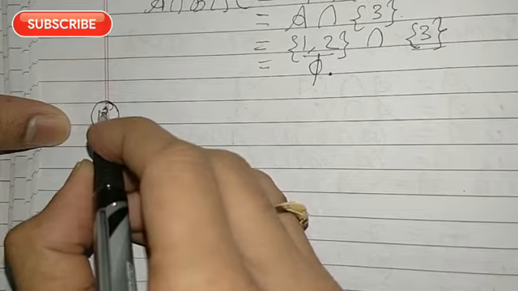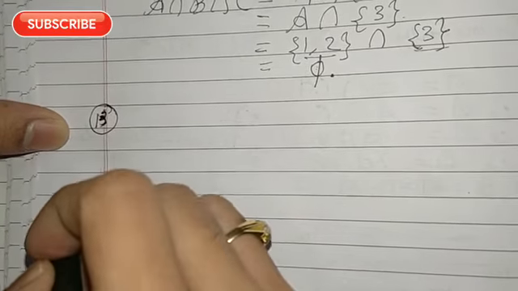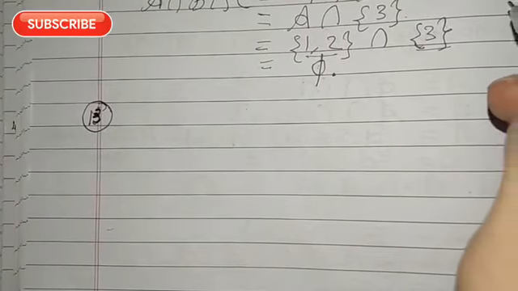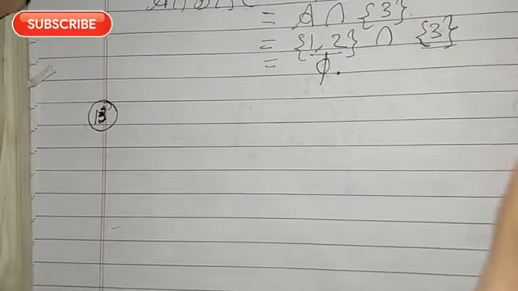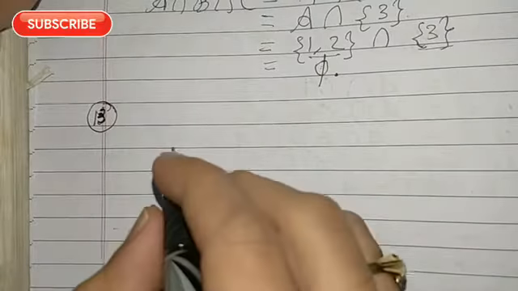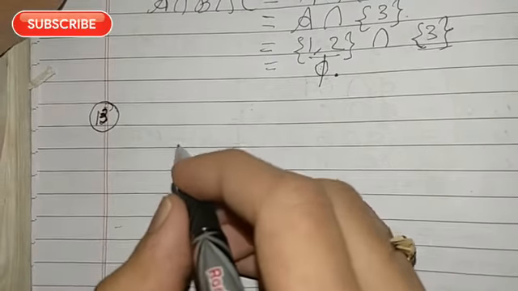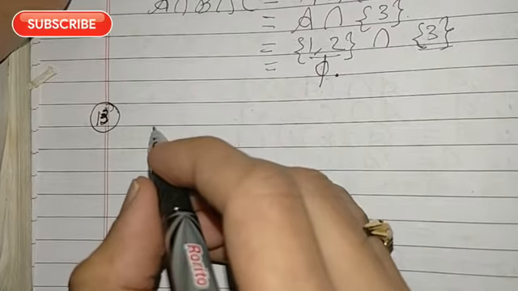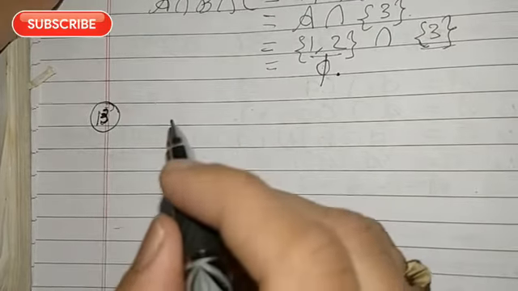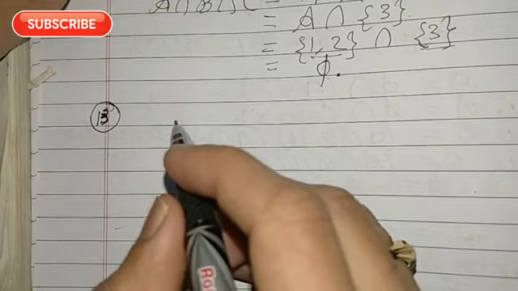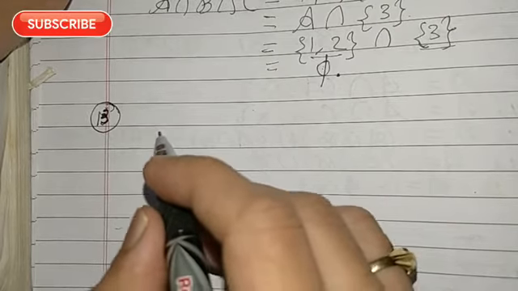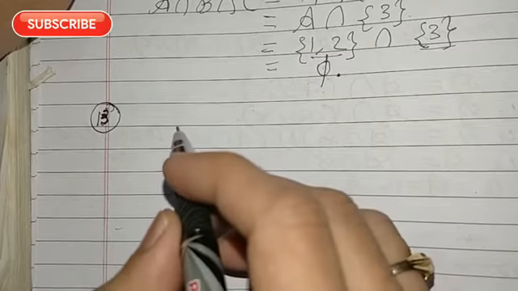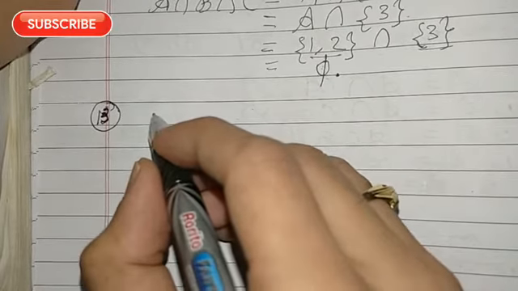This is problem number 13. We will solve problem number 13 by using Venn diagrams. Now what is given? We are given some students who like tea, some who like coffee, and also some who like both tea and coffee, right? So we have to first take sets here.